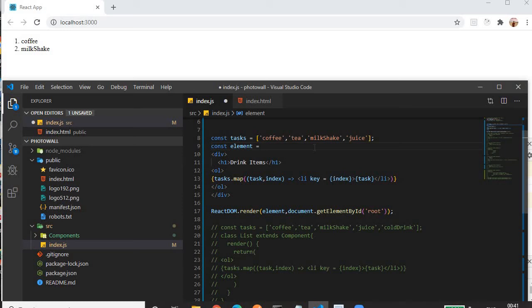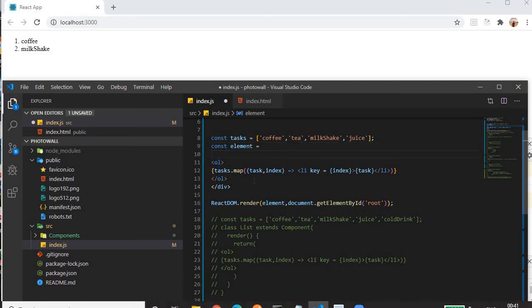So here, earlier I asked a question: if we have 100 elements, or more than 100 items to be represented in a list, how? For that we would have to repeat the LI element 100 times. But how can we create the LI elements dynamically using a loop? For that, we have to just forget about these two lines. Let me remove this code.